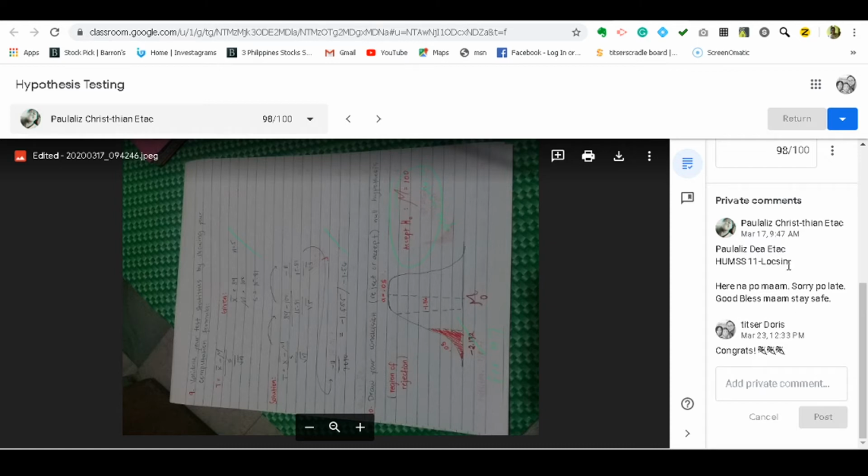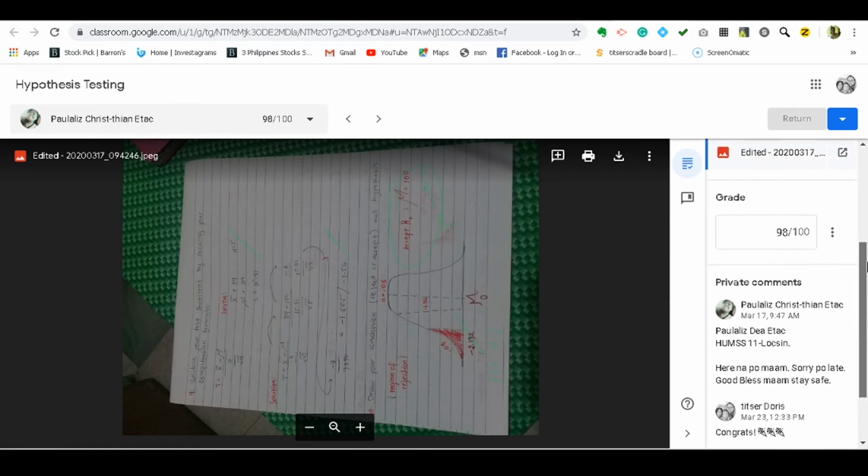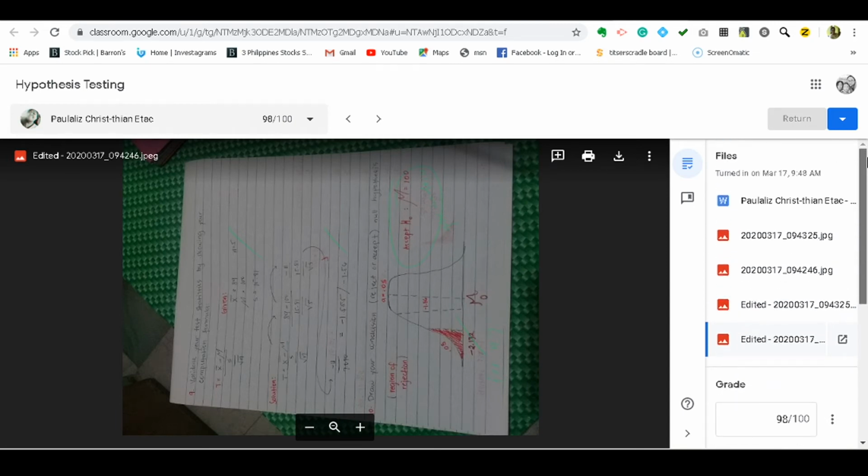Si Paula Liz, no? Here na po, ma'am. Sorry po na late. God bless. Stay safe. And then I just have to motivate her. Congrats, no? So it's a good opportunity for us to communicate with them little by little, no? And then you get to return the paper by pressing this one, no, para malaman nila na bumalik na sa akin yung papel nila. They will receive email notification, and from the app, if once they install the app in their mobile gadgets,